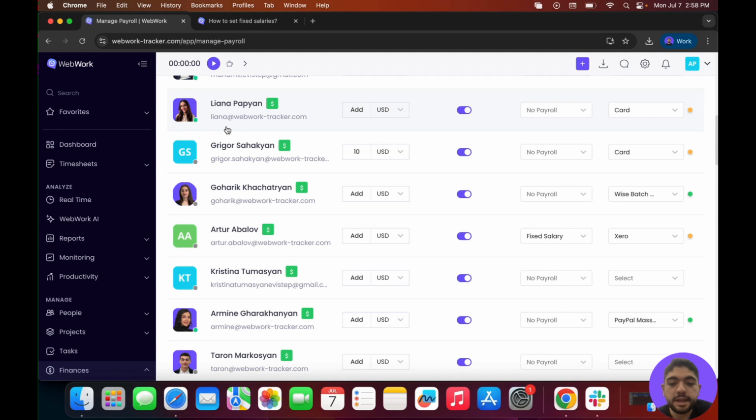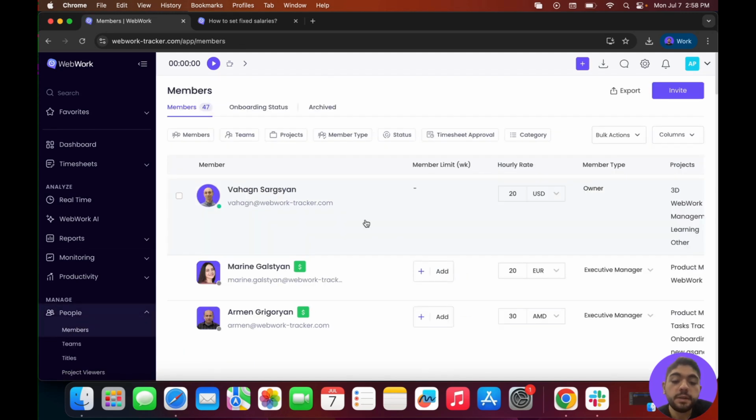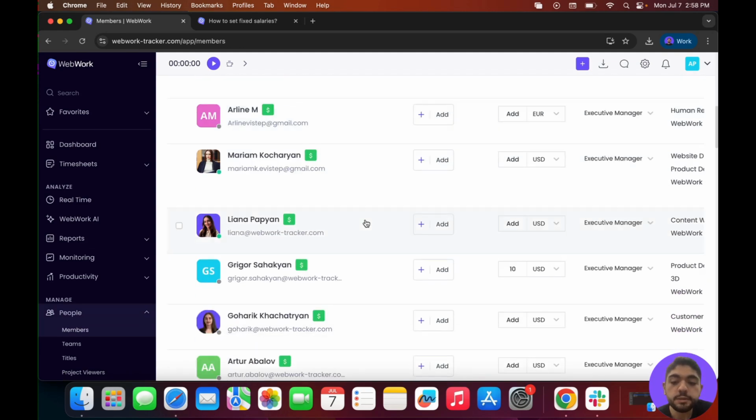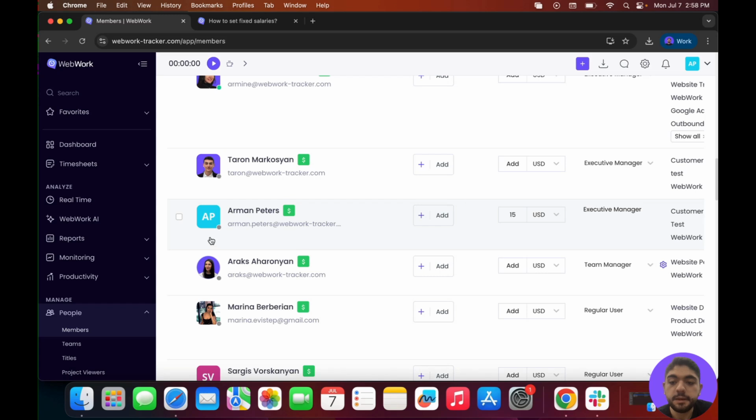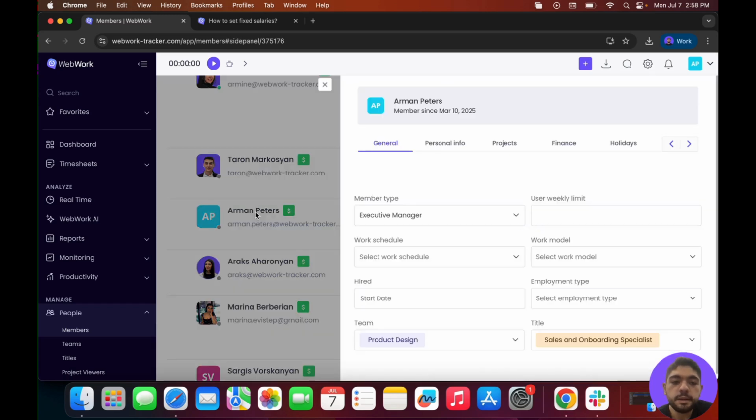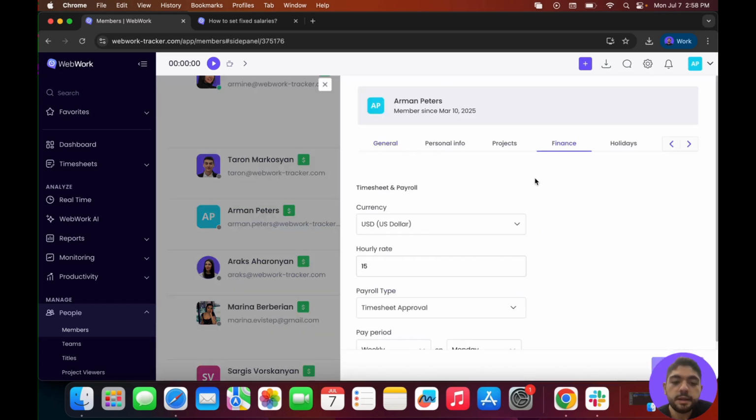Another way you can set a fixed salary is by going down to People, then going to Members. After that, you should go to your member you want to change the payroll for. So for example, I'll find myself here. You can click on the member, then from here you can go to Finance,